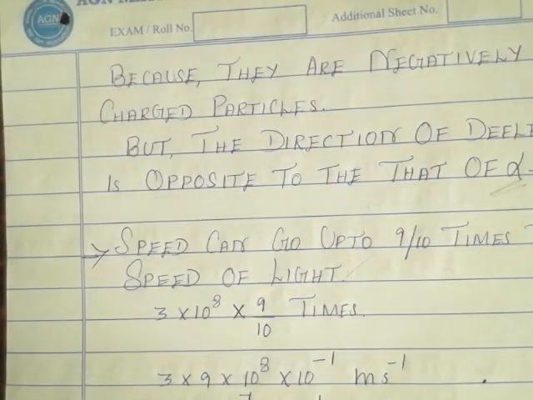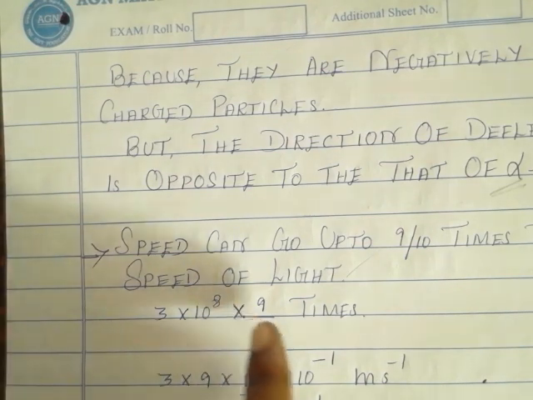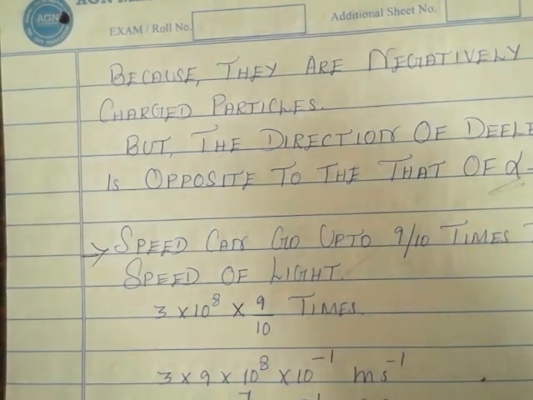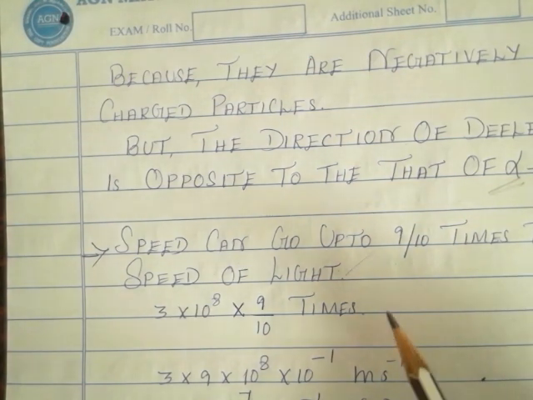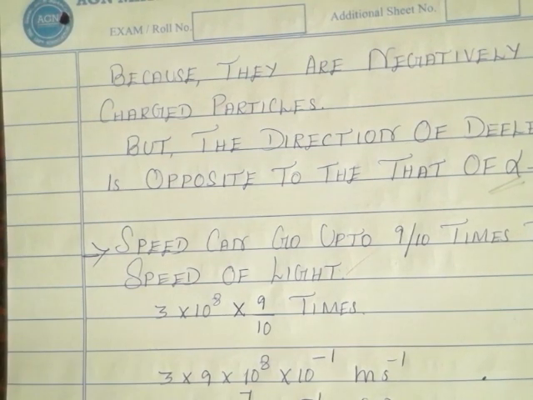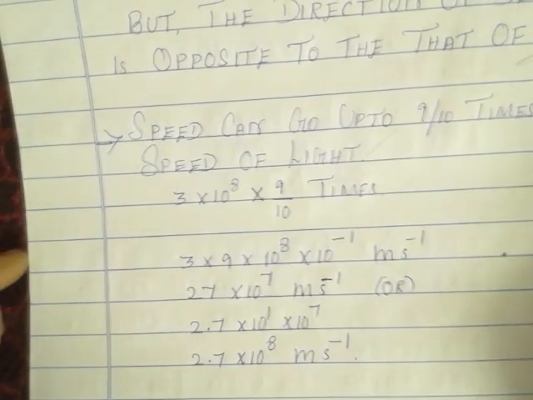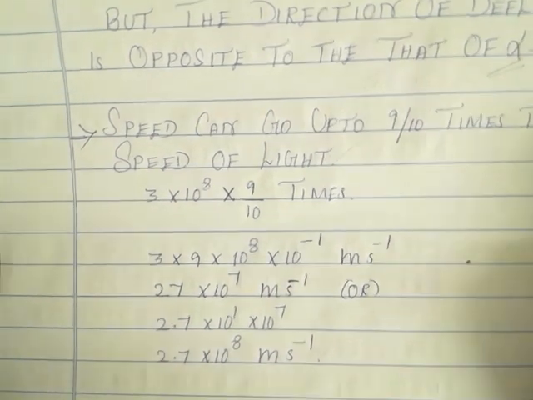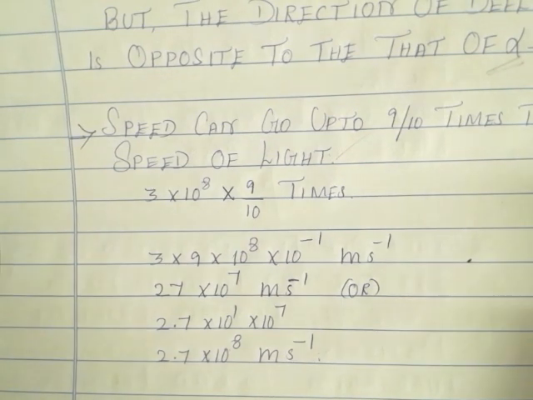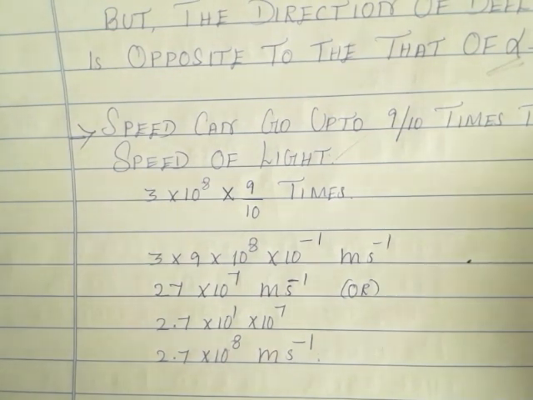Please listen here. The speed of the beta radiations is higher when compared to the speed of the alpha radiations. Higher speed means that the radiations will penetrate the medium at a very high rate. Penetrating power is lower for alpha when compared to beta. That is why the speed of the alpha radiation is lower when compared to beta.